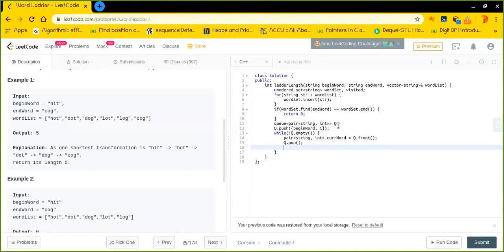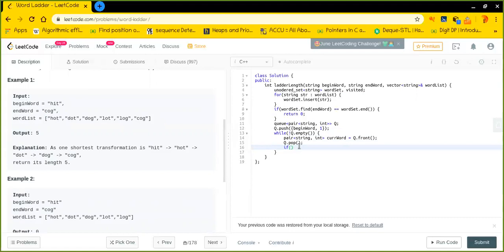First of all, we will see if we have already reached the final string or the target string. If that is the case, we should return the number of steps required to reach here.